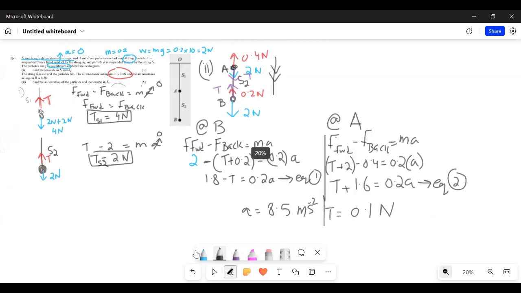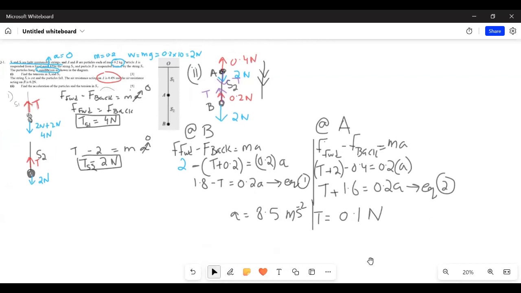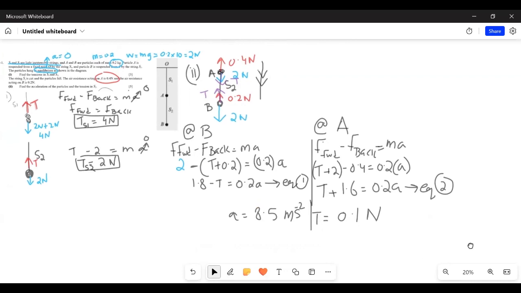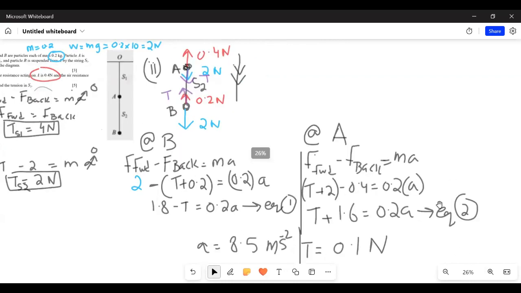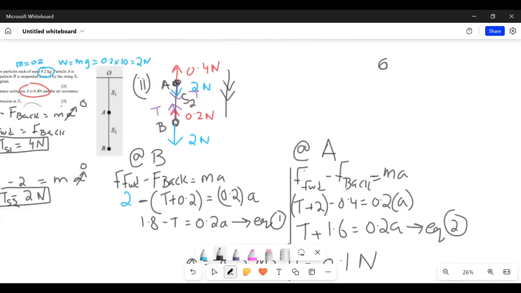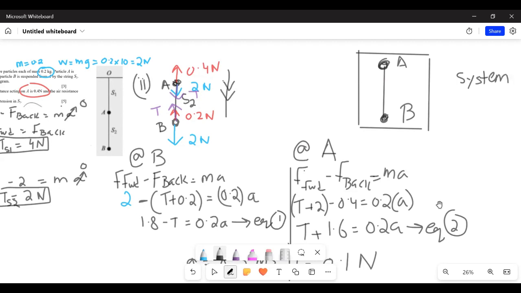यस मैम आ गई। ठीक है। अब ऐसे क्वेश्चंस को करने का एक और तरीका भी होता है। ये है ना हमारा सिस्टम, कि एक A है ऑब्जेक्ट, साथ नीचे स्ट्रिंग है, और यहाँ ऑब्जेक्ट B है। क्या करेंगे हम कि इसको कहेंगे कि ये एक ही पार्टिकल है। लेट्स से ये एक ही पार्टिकल है, ये सब मिला के इसको हम कह देंगे सिस्टम। ठीक है, ये एक ही ऑब्जेक्ट है। अब ये लिख लें, कंसिडर्ड एज सिंगल ऑब्जेक्ट।